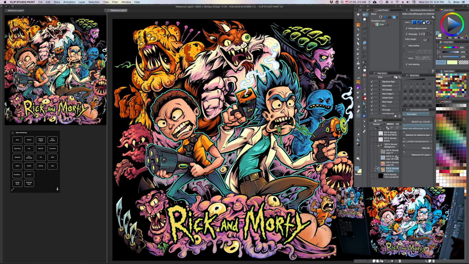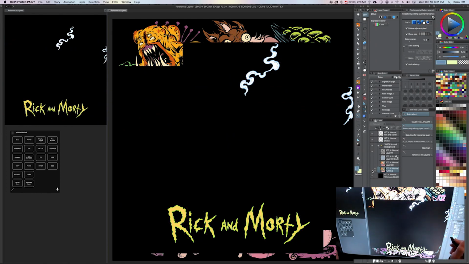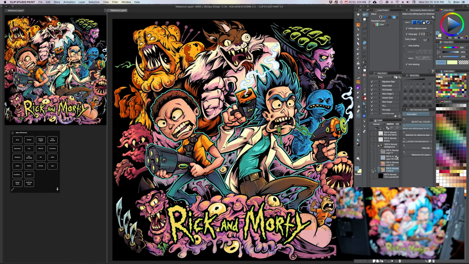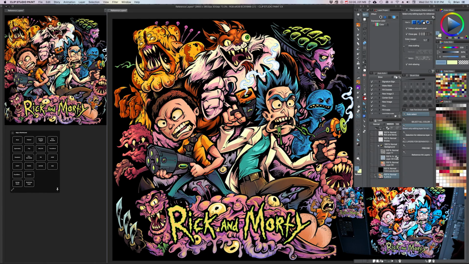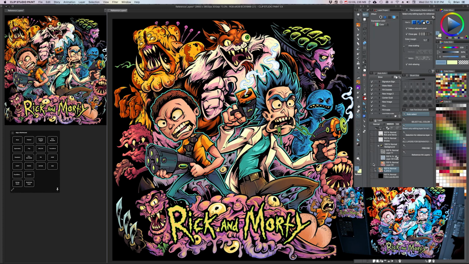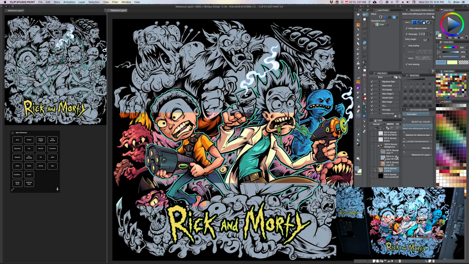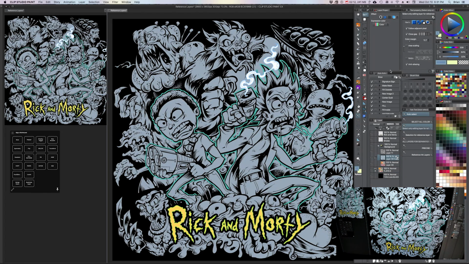Now it doesn't have to even be showing, however it can't be hidden. If you hide it, if you click the eyeball, it won't work, but you could put it below your background even and it won't affect it. So I'm going to turn this layer back on, and you're going to get out the magic wand tool, and